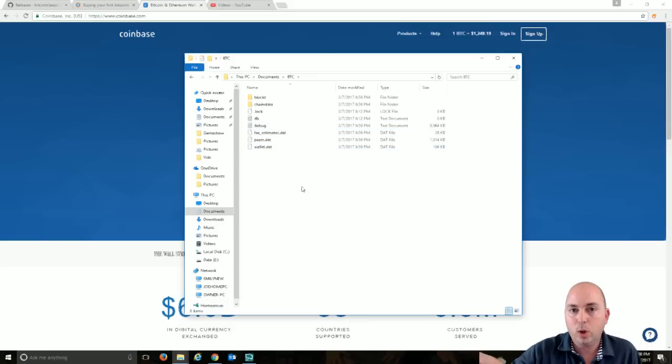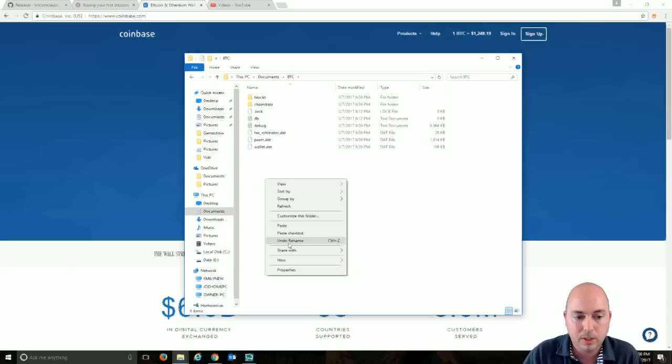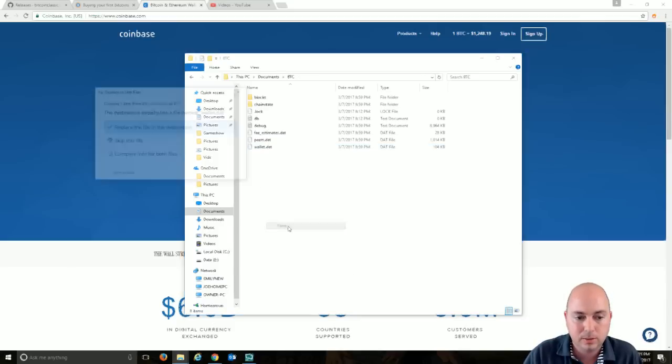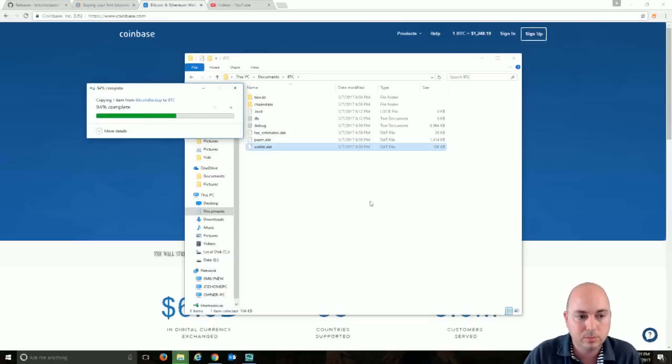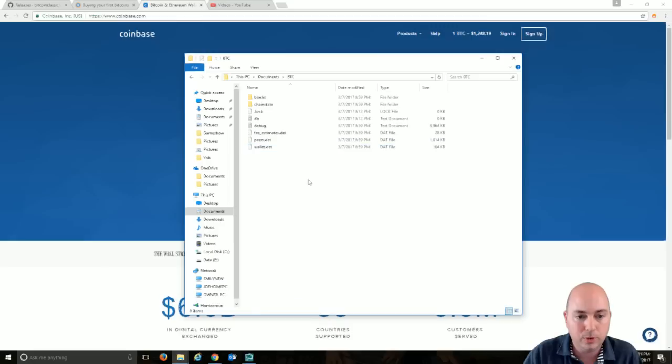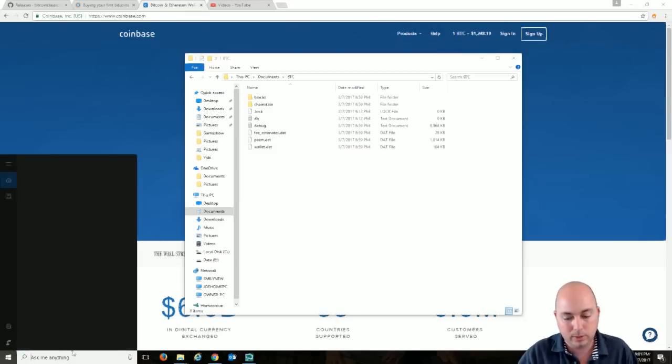Now, if the Bitcoin program is opened and running, you're not going to be able to overwrite that file. I think it's going to tell you, sorry about your luck. But you can see there it is. It's the same name. That's why I named my backup wallet. So all I got to do is right click in here and hit paste. Replace the file in the destination. Yes. So this is essentially the backed up file. Now if I open up the Bitcoin thing, wallet,